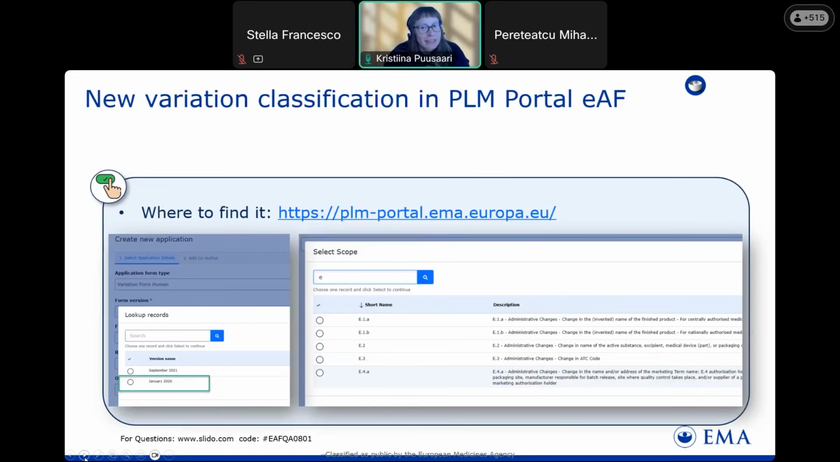So where can I find these new versions? We have already published some time ago the version for the new variation classification in the PLM portal. So in the PLM portal, when you enter the system, you log in and you start creating a new application form. There aren't two different versions of the form available, but you simply select create new application form, and once you have opened that window where you're creating the form, you will be presented